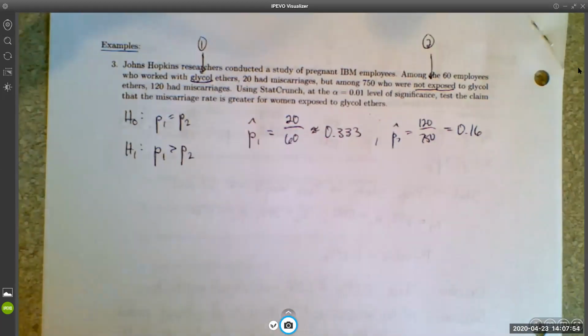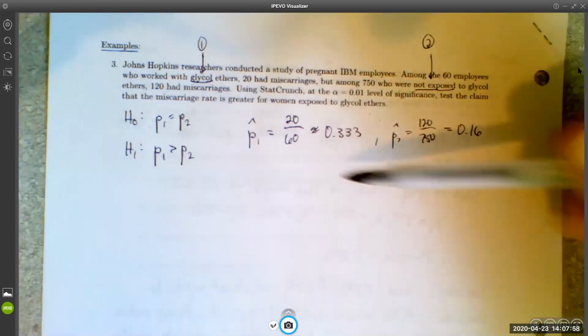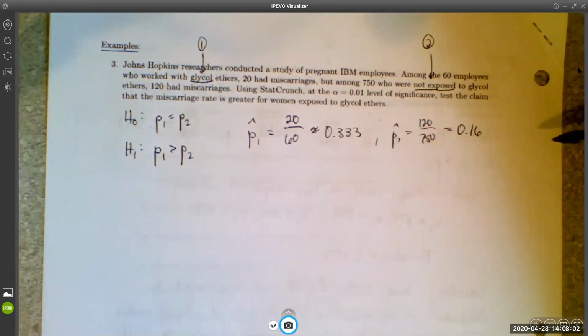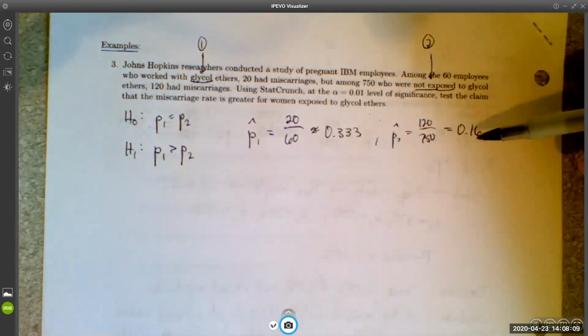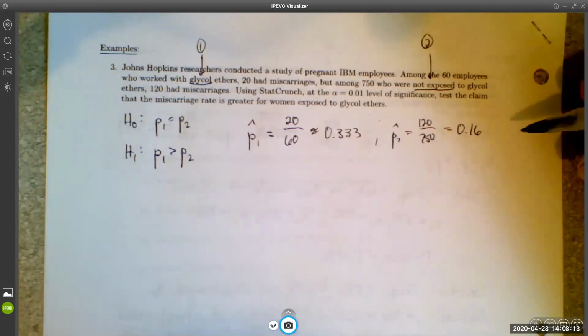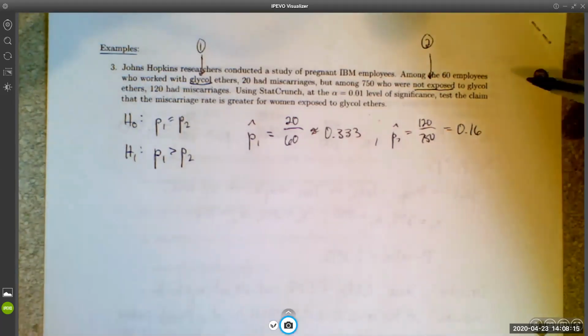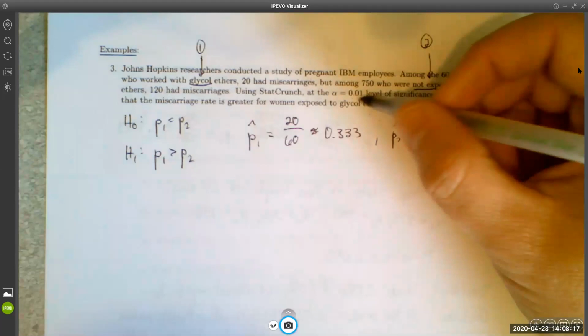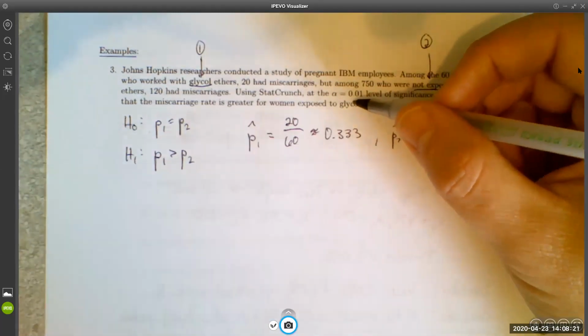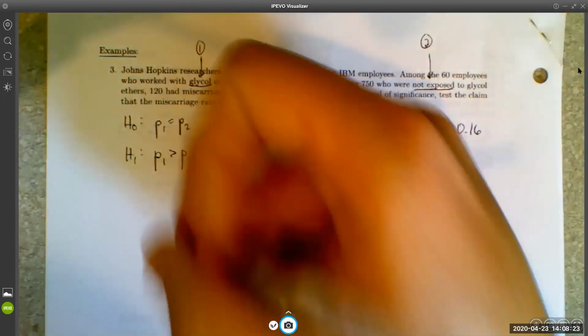This is less than half of that, is what I'm trying to say. So I would be very surprised if we don't end up rejecting the null hypothesis. I would say we're almost certainly going to be rejecting the null hypothesis here. But just to be sure, let's go ahead and run the test. I mean, our threshold level is pretty small, so maybe we won't reject, but only because alpha is so small here. But let's see. We're going to go to stat,